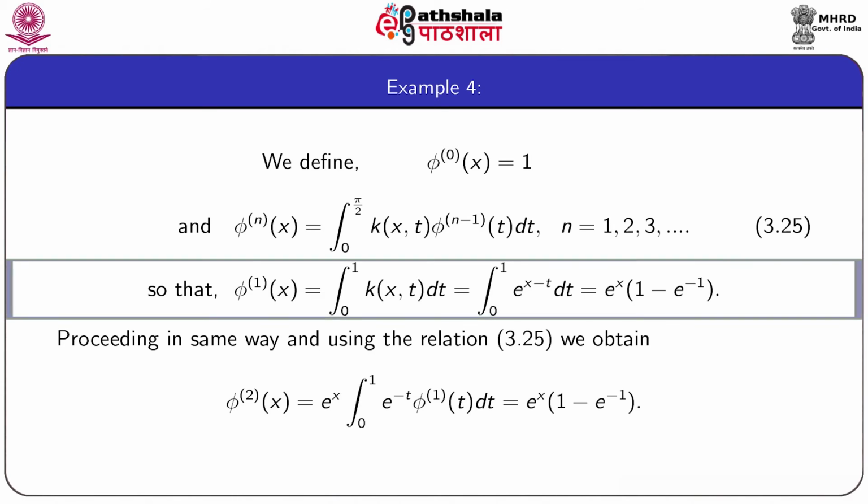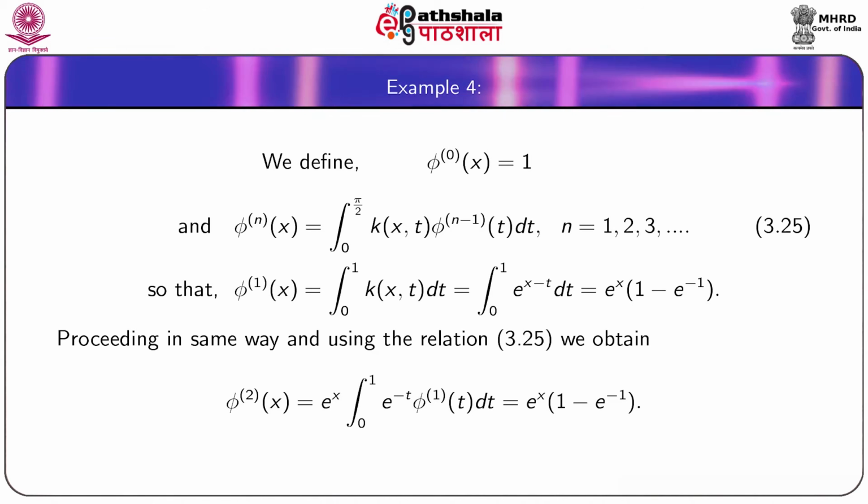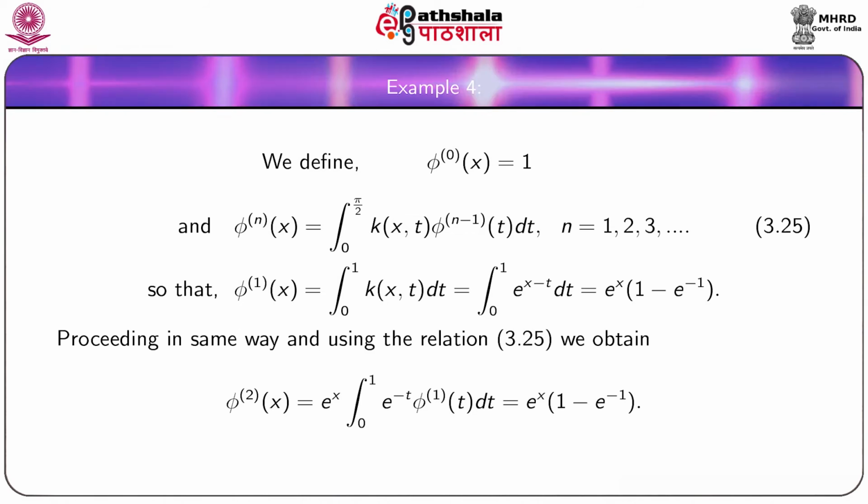So that putting n equal to 1, we obtain φ¹(x) as integral 0 to 1 K(x,t) φ⁰(t) dt. Here φ⁰(t) is equal to 1, so that φ¹(x) is integral 0 to